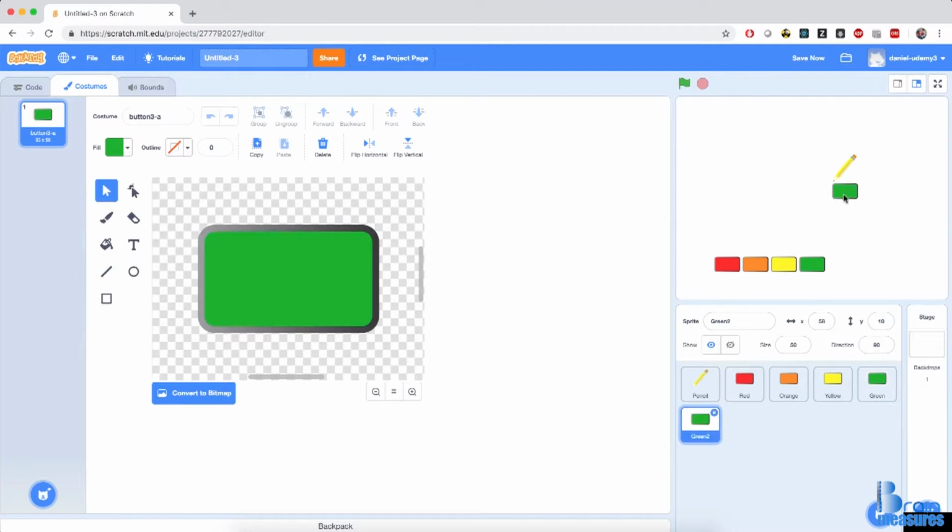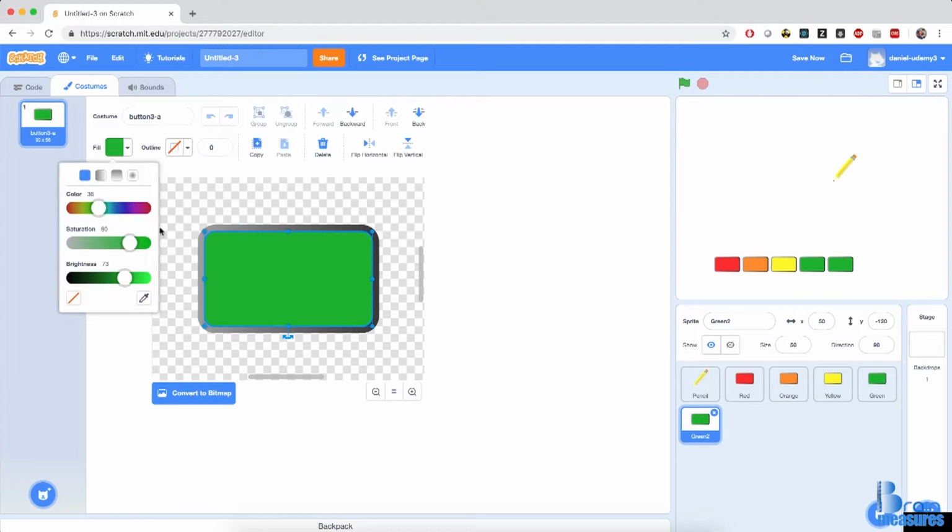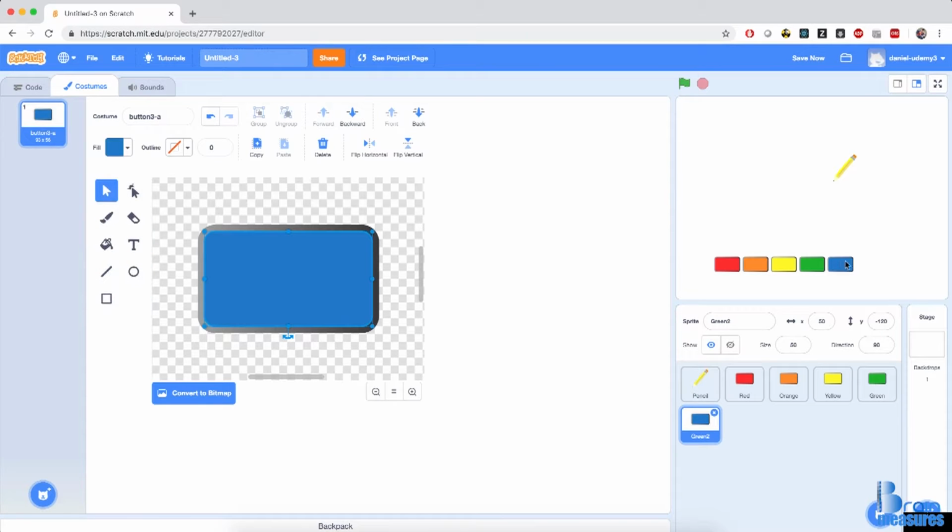Then duplicate that, bring it down. I'm going to specify x equals 50 and y the same, negative 120. So they're all aligned. Click on the rectangle, drag the slider up for the color in the blue zone. And I'm going to make this a little bit brighter. So something like that, maybe. And when you're satisfied, click outside. So we have a blue selector. I'm going to name the sprite blue. Then I'm going to duplicate it,